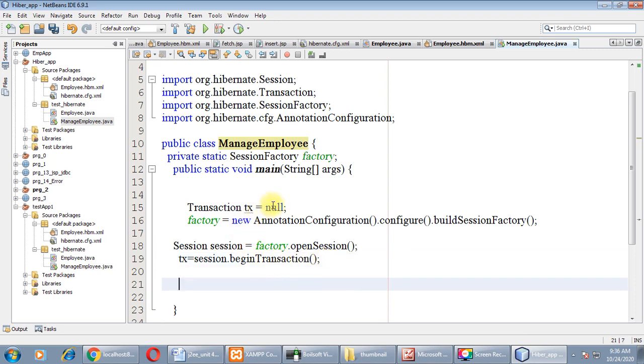Transaction tx equals null, factory equals new AnnotationConfiguration().configure().buildSessionFactory(), session equals factory.openSession(), this will open the connection, then tx equals session.beginTransaction(). Fine. Now with the help of